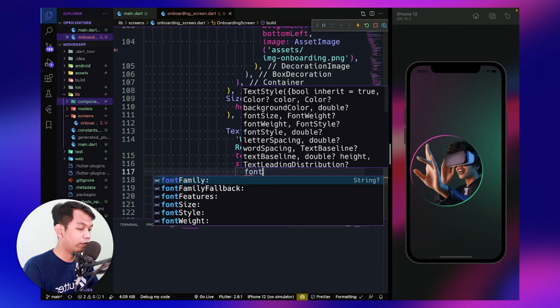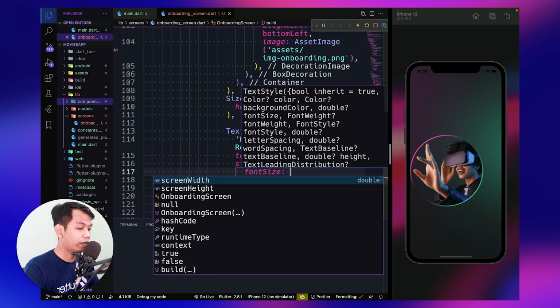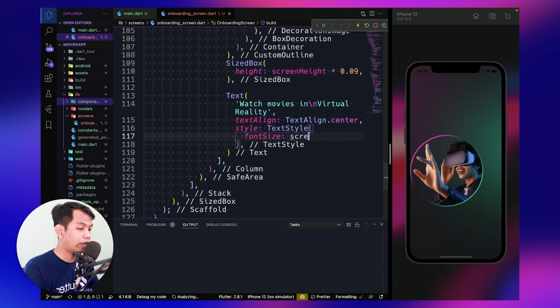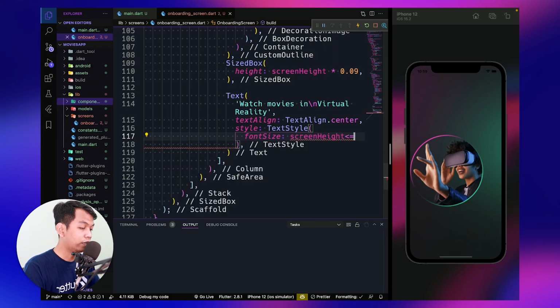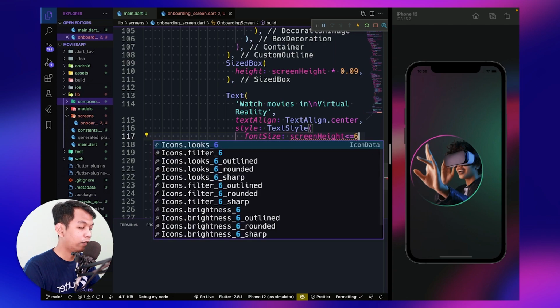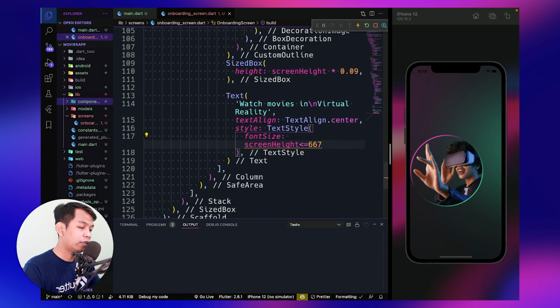And for the font size, we will use a ternary operation: if the height is less than or equal to 997, which is the height of iPhone SE, I just make a little breakpoint.